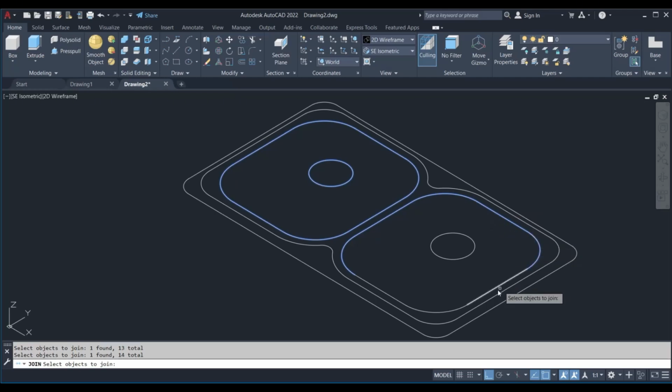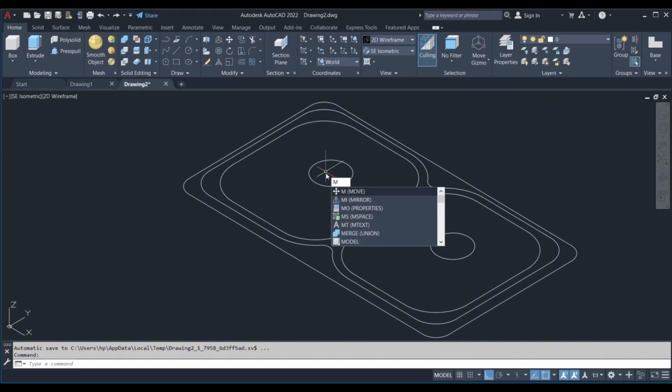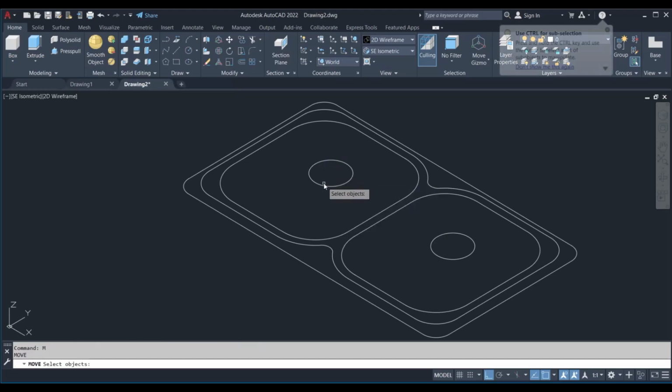Now, we're almost through. Make sure that everything is selected. Then press enter to confirm that you have accepted to join all together. Then I think all these are joined together. So now we want to move all down. Let us do that by pressing M for move. Then we press enter. Then we go into this, pick these